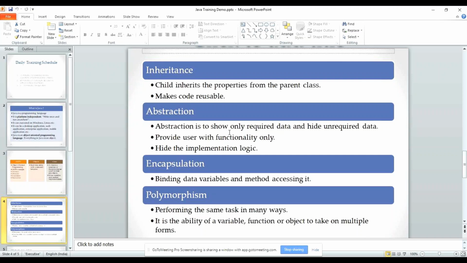As you see, inheritance says that this child inherits the properties from the parent class. What the next point says is it makes the code reusable. We don't have to repeat the same code again. In real time, I can give you a few more examples when we have our code ready. Fine. And coming to abstraction,